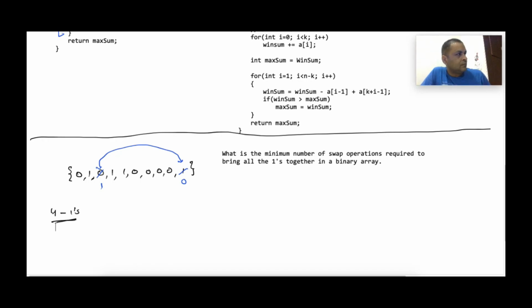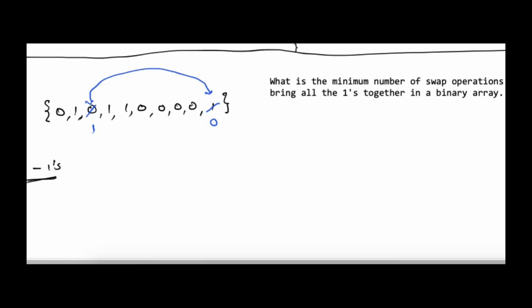First we need to find where there are already some more ones, and then move the ones having less density to the places where there are more ones. So either we can find a place where the density of ones is the maximum, or a place where the density of zeros is minimum. Both are the same. I'm just reading the question multiple times in a different way. So basically we are looking for an area of size 4 where there are the maximum number of ones.